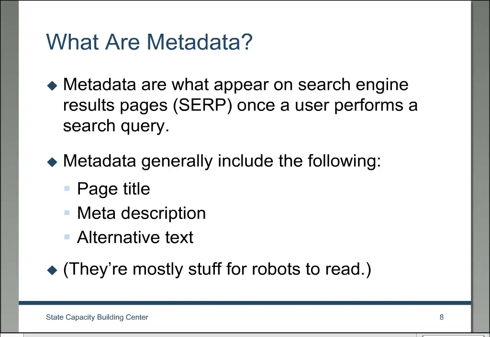So if you go to a search engine like Google, for example, and you type in something and you click go, you get that page of results with all the links. That's what we call the SERP, or the search engine results page. When we're looking at a SERP, you may have noticed that big link at the top that has the title of the page, and then there's usually some grayed text that's a description underneath. It's usually a short description about what's on that page, and that's what we call a meta description.